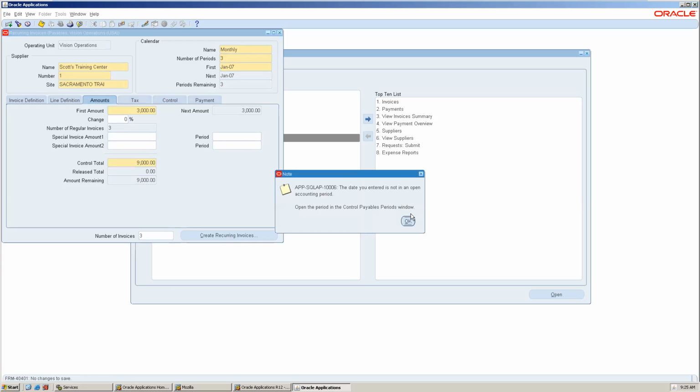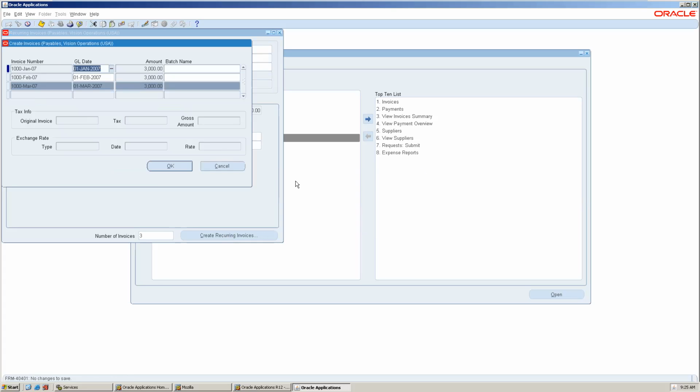Date it entered, open period. Where is the date I entered? See, January 7th, January, February, March, 3 months. It added the suffix into the invoice number and it will be creating automatically. Okay.